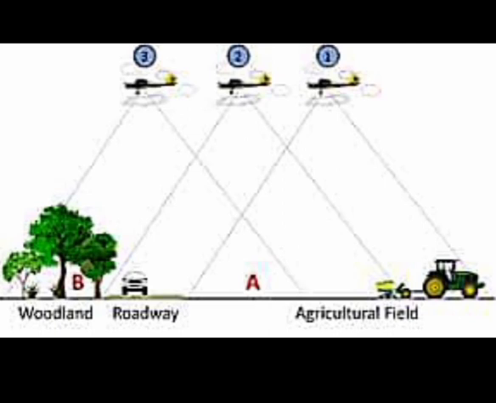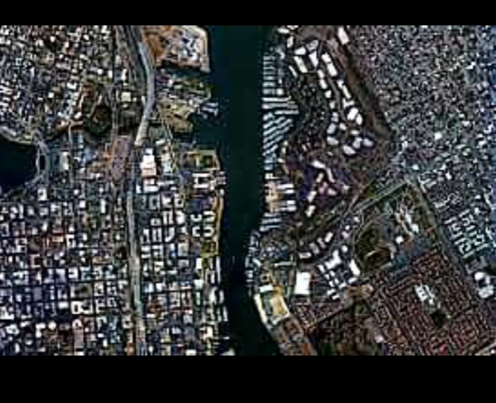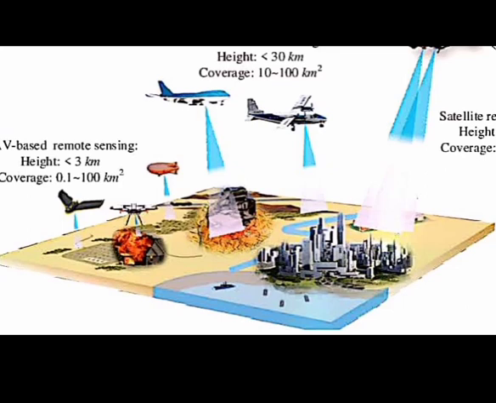Now here I have shown the aeroplane, you can see 1, 2, 3. These are not three aeroplanes. This is a single aeroplane taking three different pictures, right? So it takes three different frames, and afterwards they merge them into a single frame so that you can do the analysis. Now this is also a photograph taken from a very elevated position. Then here you can easily categorically differentiate remote sensing, aerial photogrammetry, and satellite remote sensing, right?